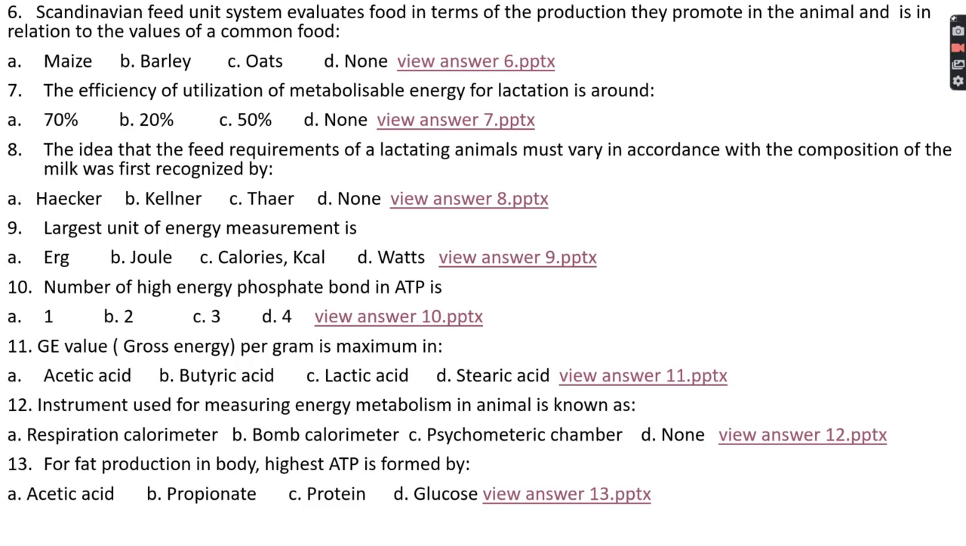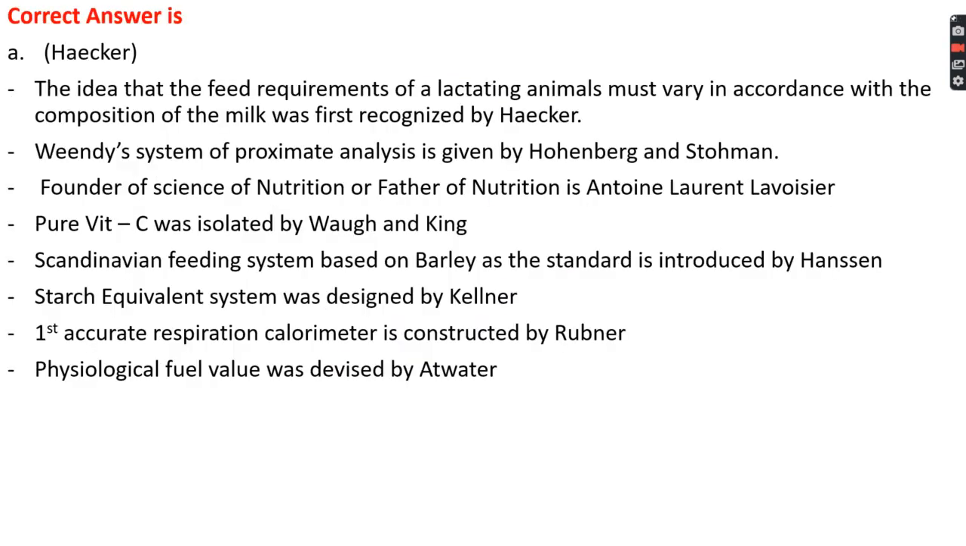Question number 8. The idea that the feed requirement of a lactating animal must vary in accordance with the composition of milk was first recognized by option A Haecker, option B Kellner, option C Thyre, option D none. The right answer is option A, that is Haecker. The idea that the feed requirement of a lactating animal must vary in accordance with the composition of the milk was first recognized by Haecker, and then the Weende system of proximate analysis is given by Henneberg and Stohmann,